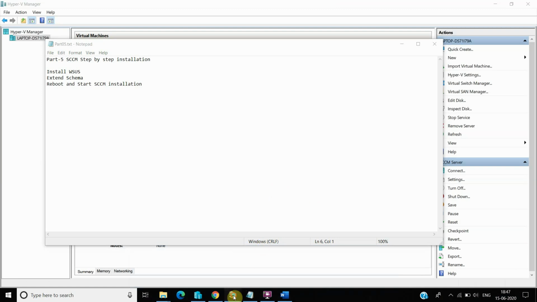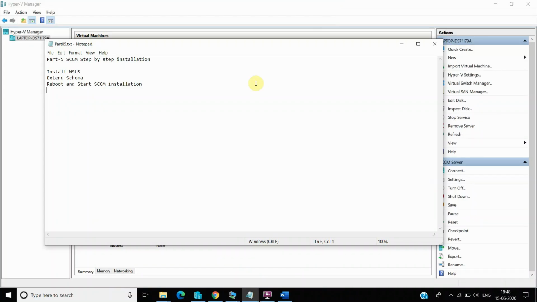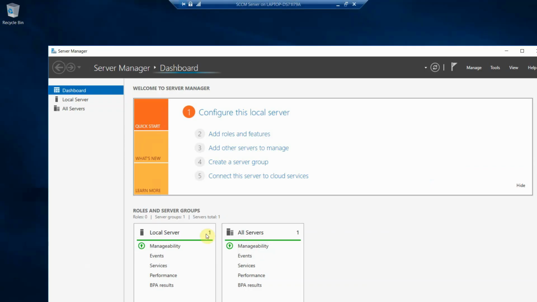Okay, so our server has been rebooted now. Let's log in with our admin ID. This is the domain admin ID. We have to create this one because a local admin ID will not work here. So firstly, we have to create this ID in Active Directory, and then we can log in and start the installation. So everything is configured now as per the guidelines by Microsoft. So let's start the SCCM setup,